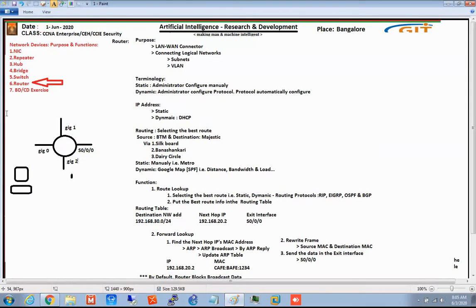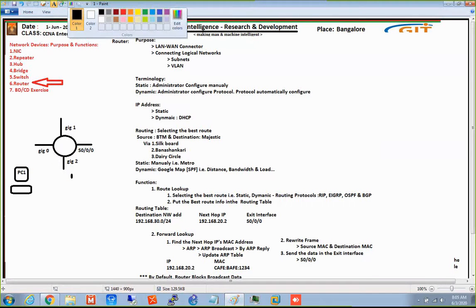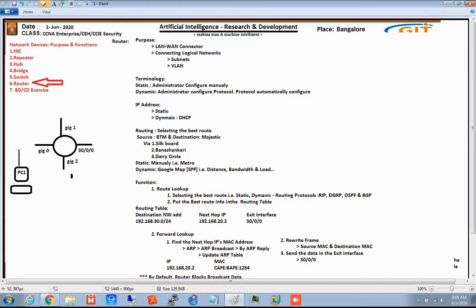So PC1 is connected to gig 0. Once it is connected to gig 0, this is your router, and the moment PC1 sends a broadcast,